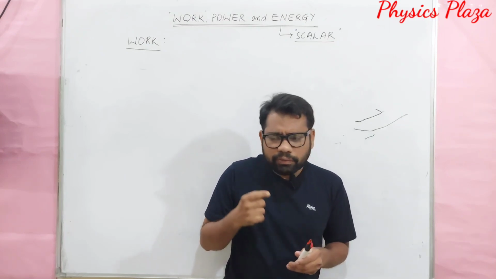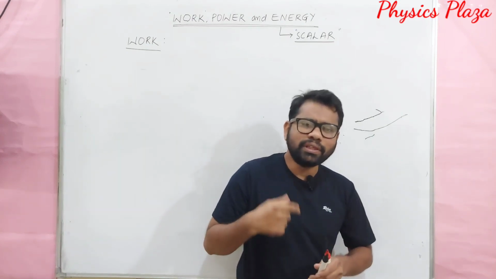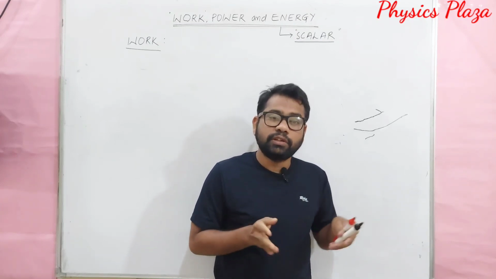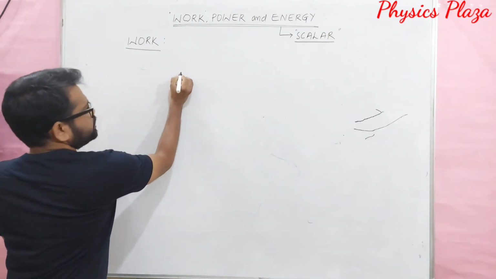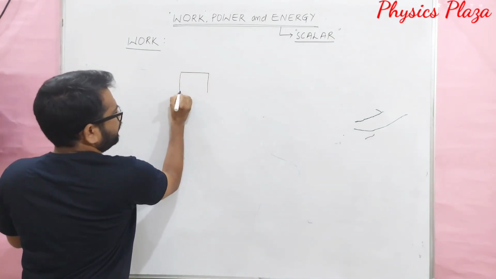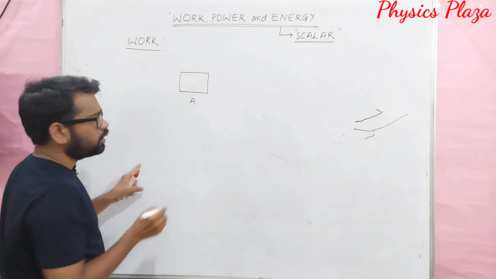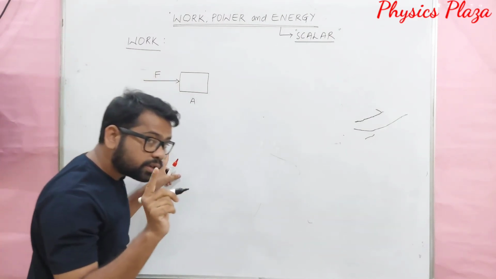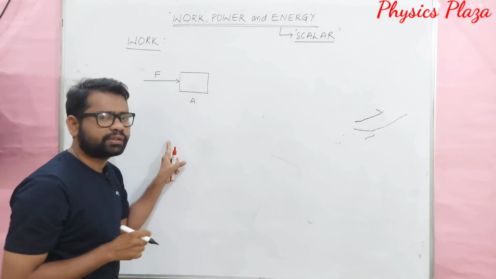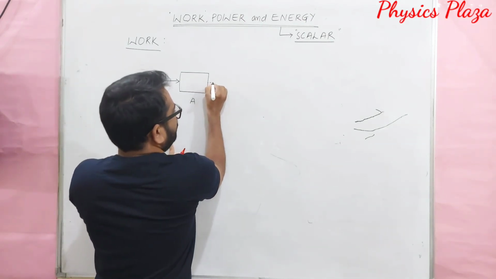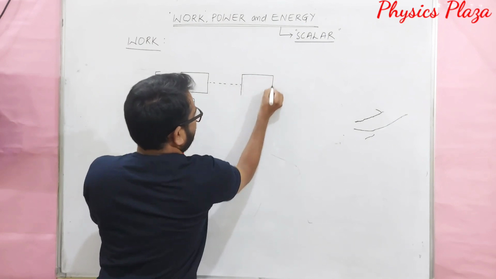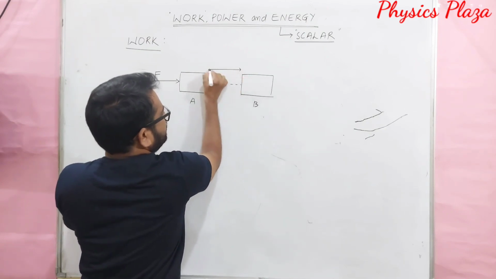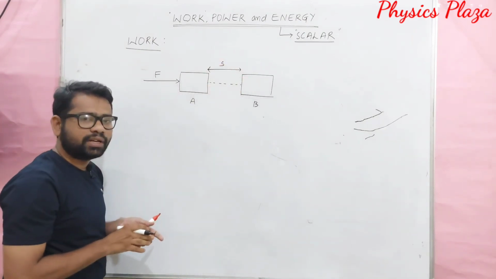So in our daily life, whenever we feel tired, we think that we have done work actually. But scientifically, according to physics, when can you say that work is done? Let us see here. Suppose, dear children, here is an object at a point A. On this body, a constant force F is acting continuously. Then this body is displaced, so that it is moved from point A to point B, so that there will be displacement S. Then we can say that some work is done.